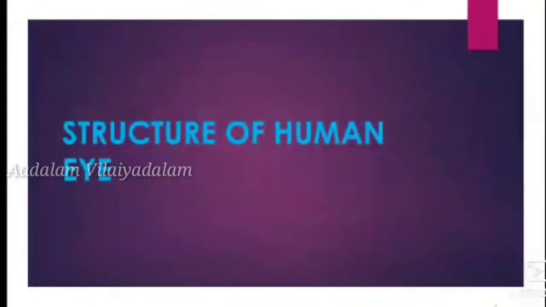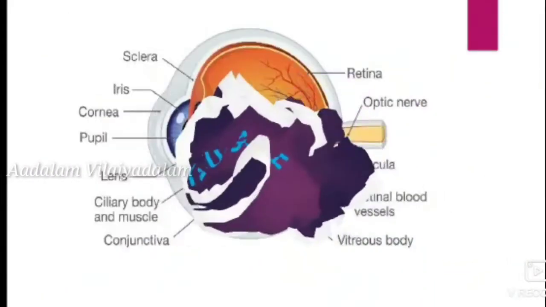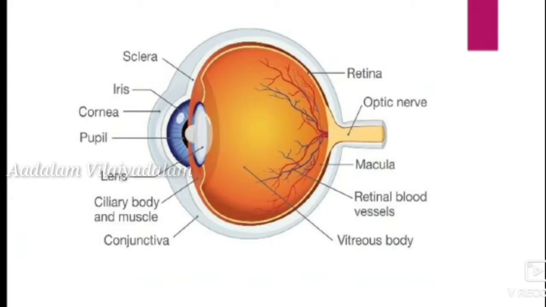Structure of the eye. The eyeball is spherical in shape and its diameter is 2.3 centimeters. The eyeball consists of a tough membrane known as the sclera, which is used to protect the internal part of the eye. So our eyeball is spherical in nature. Let us learn in detail about the parts of the eye.